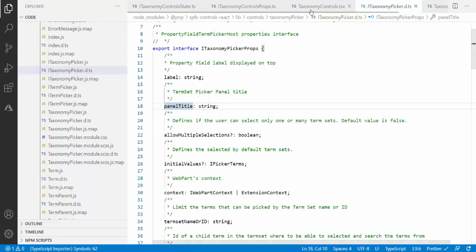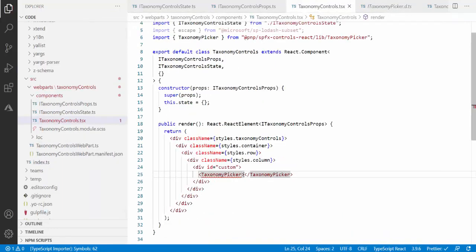So I'll say label, and I will name it as single value so that it is easy for me to demonstrate that this is the implementation for the single value and this is the implementation for the multi-value. Because in the coding, when we will be setting the value in the SharePoint list, there's a change in the code. That's why I have created 2 different controls. So single value, this is done.